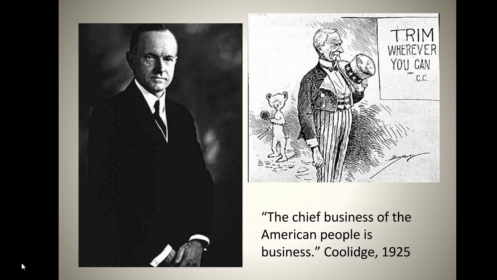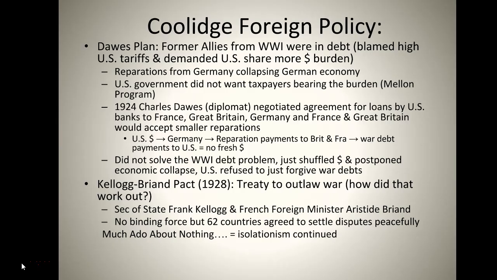Coolidge, I've already mentioned that he is kind of the strong silent type. He wins very easily in 1924 thanks to American prosperity. He'll leave office in 1928 mostly because he hated being president. He hates the media and that kind of thing. The chief business of the American people is business. He's very frugal, eliminates corrupt elements, largely continues